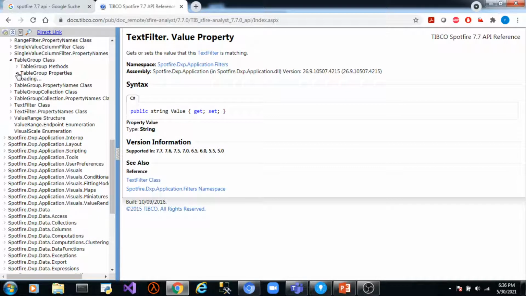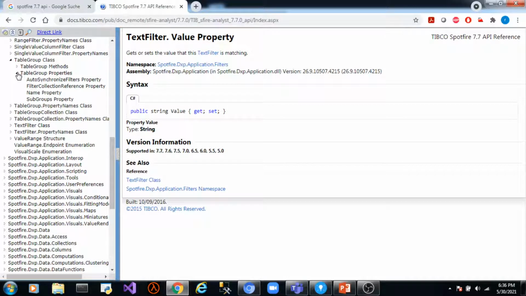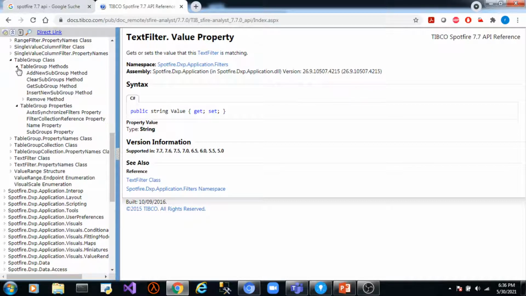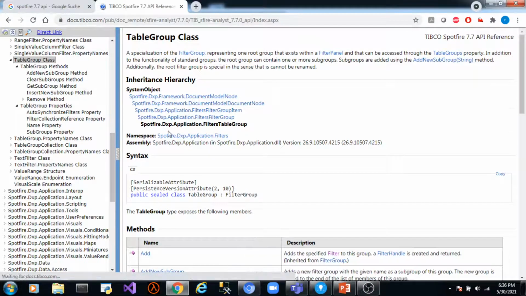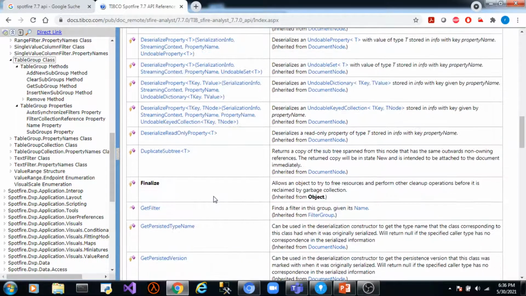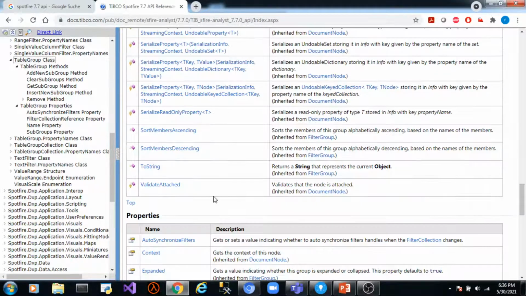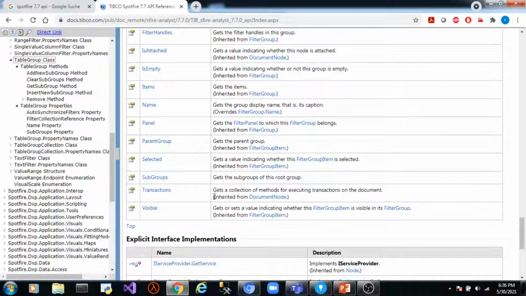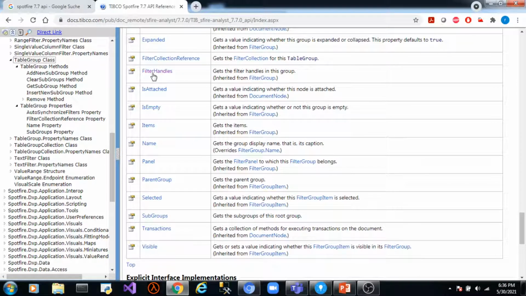So there is a property called FilterHandles.